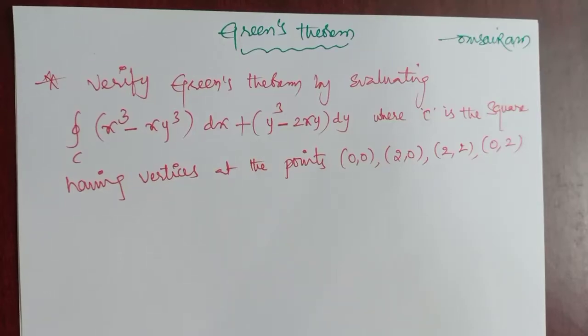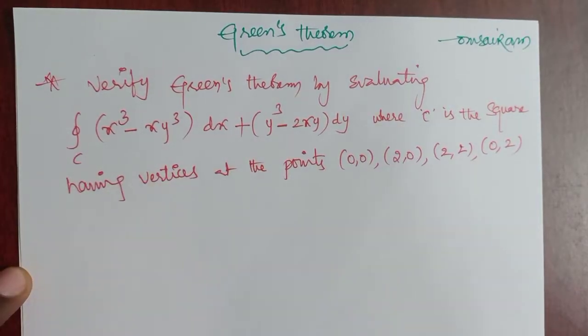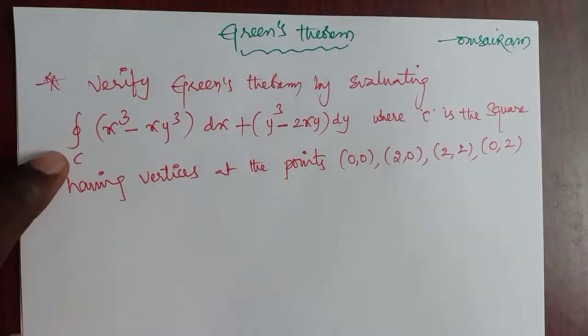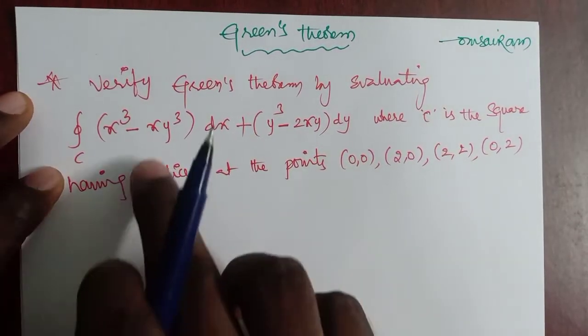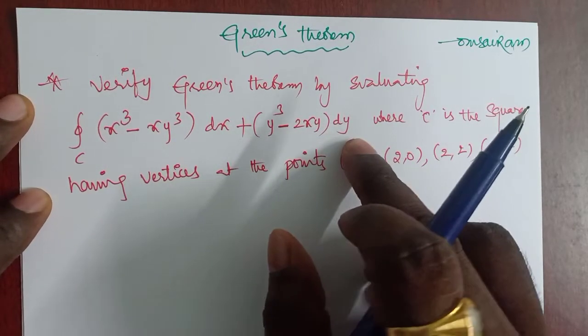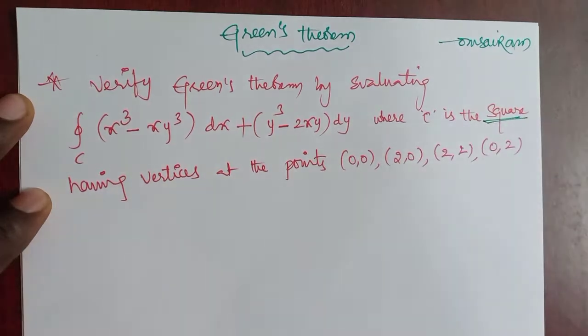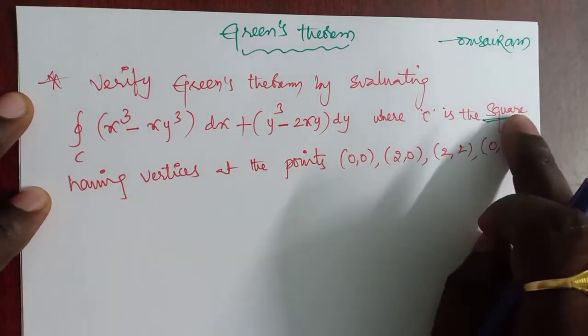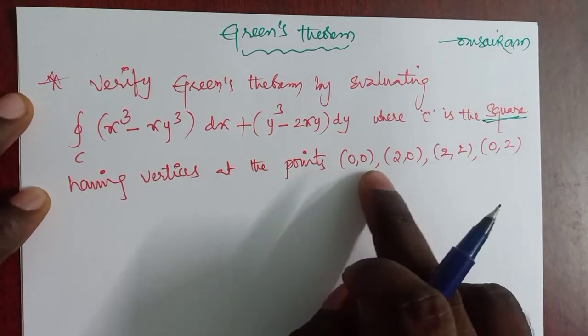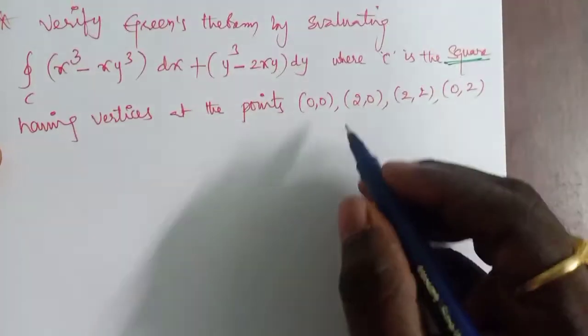Students, today we will solve one important problem in Green's theorem, that is, verify Green's theorem by evaluating the line integral along the curve C of (x cube minus xy cube) dx plus (y cube minus 2xy) dy, where C is the square. So here we have a curve that is a square having vertices at the points (0, 0), (2, 0), (2, 2) and (0, 2). Now coming to the graph,